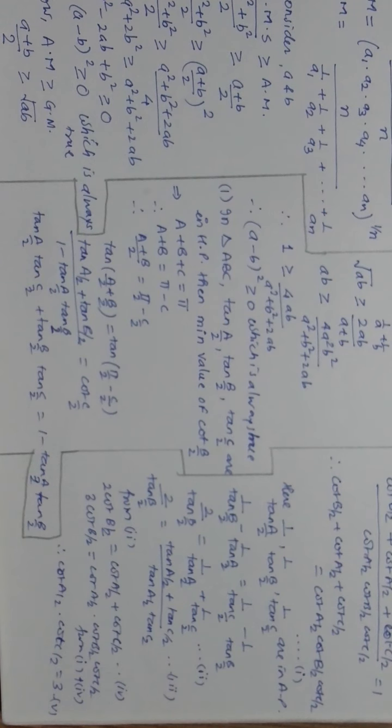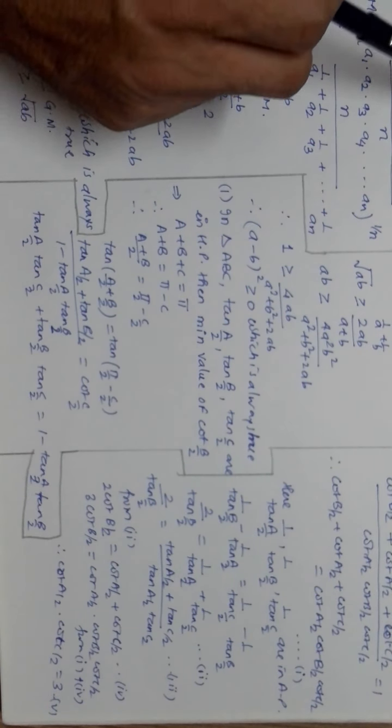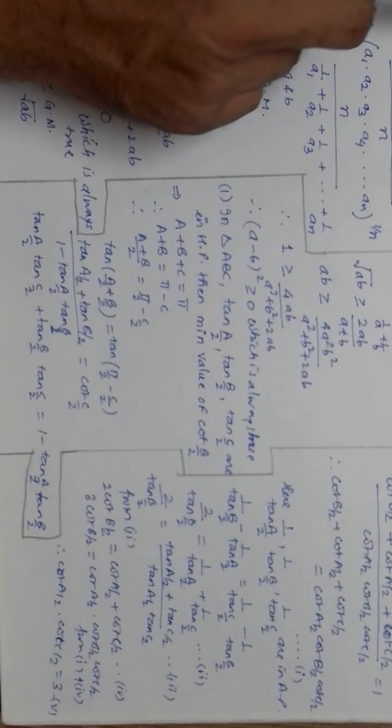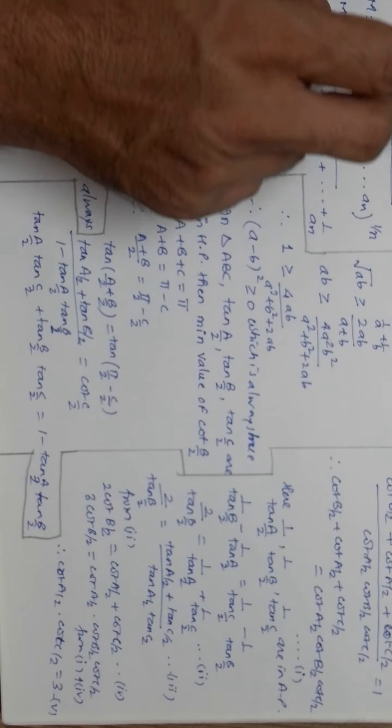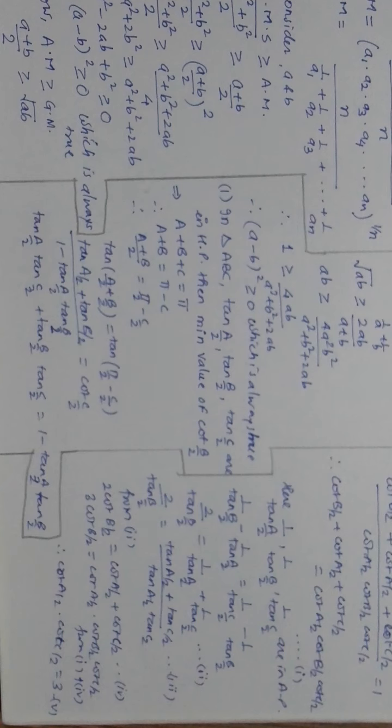That relationship which is present over here, which we did, you are not able to see, but you know that root mean square is greater than arithmetic mean, which is greater than geometric mean. So arithmetic mean is greater than or equal to geometric mean. Here A, B and C are not mentioned, so we do not know exactly what relationship they hold. So if there are three numbers here, cot A by 2, cot B by 2 and cot C by 2, we can find the arithmetic mean and geometric mean also. Now the relationship we are establishing is between cot A by 2 and cot C by 2.